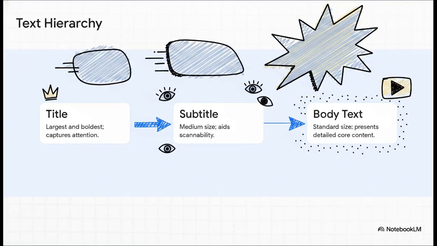It outlines the logical progression of how a viewer actually processes information. You really need 3 distinct tiers. Your title should be the largest and boldest. It captures attention immediately. Your subtitle or heading is medium-sized, providing context and making the page super easy to scan. And finally, your body text is a standard size designed purely for legibility so you can present your detailed core